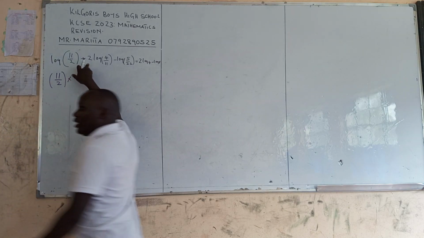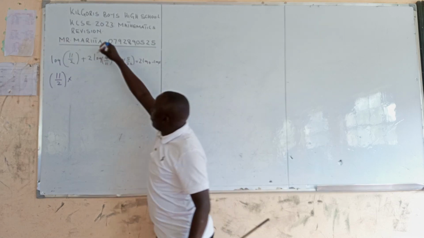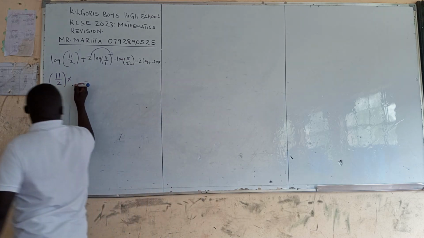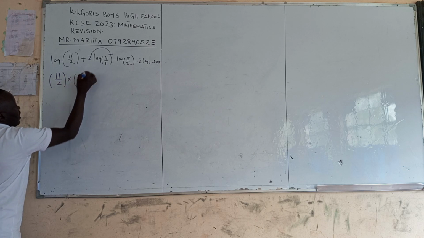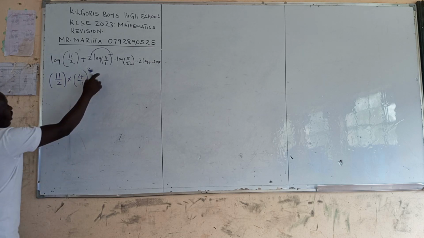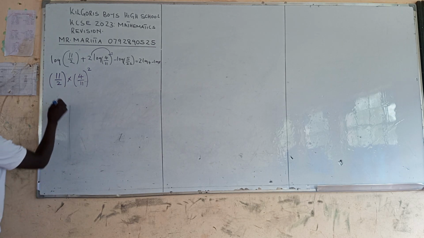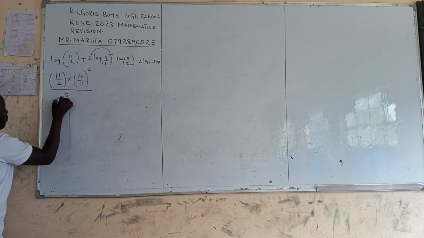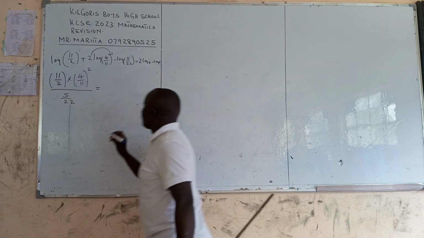these two here, which will just become a power of 4 over 11. So we transform these two and it becomes the power. We can write this as 4 over 11 raised to 2. I have transferred the 2 from here. This subtraction will now change into division, so here we are dividing by 5 over 22, which will be equivalent to